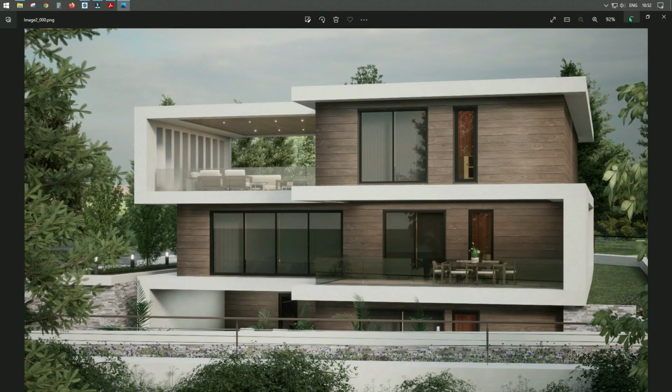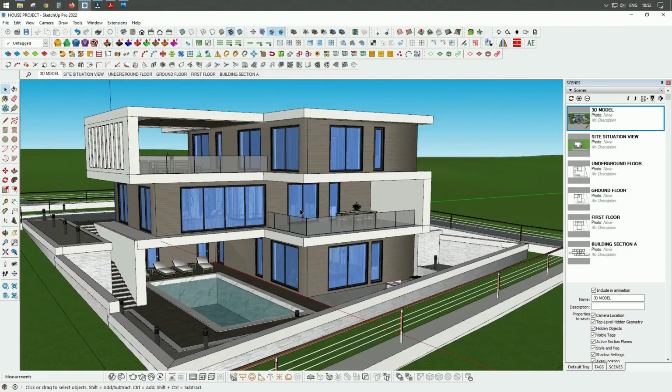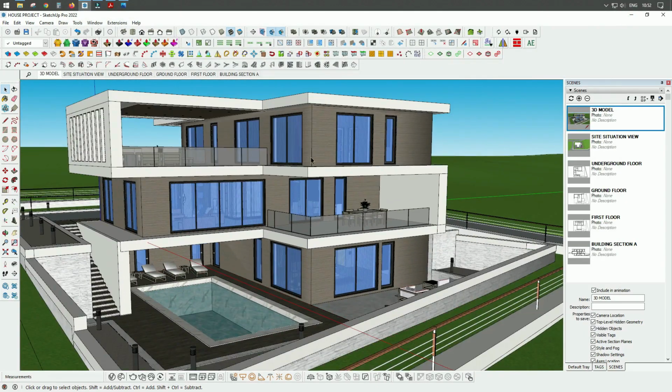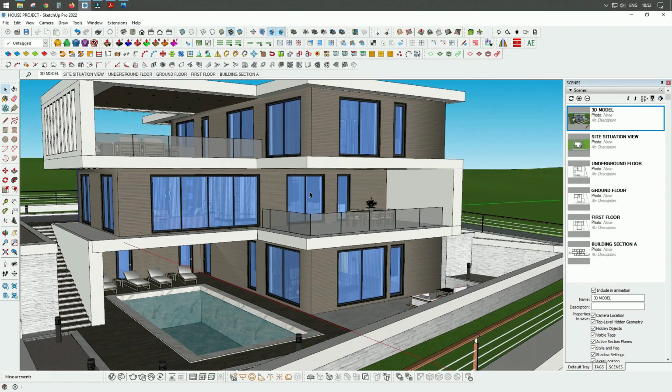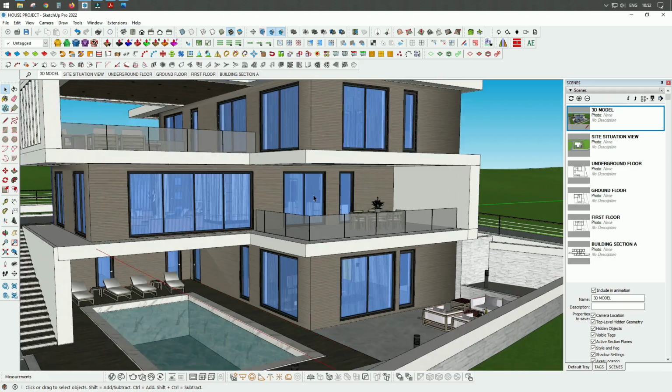So now it's time to continue ahead and create our interior visualization of our project, and we will do